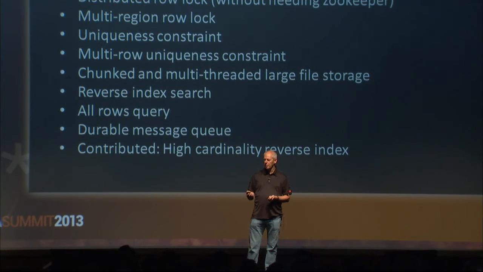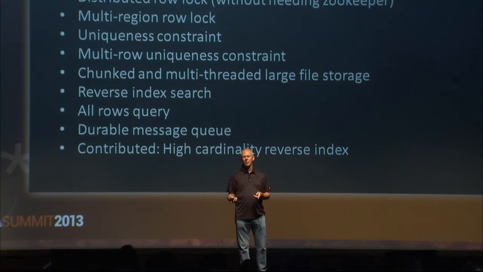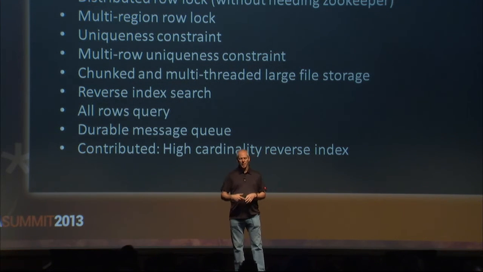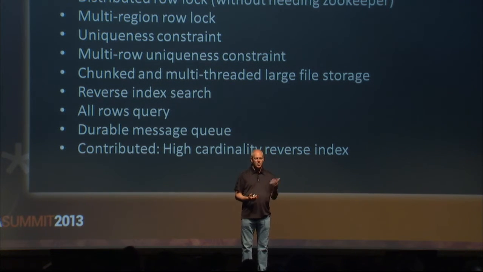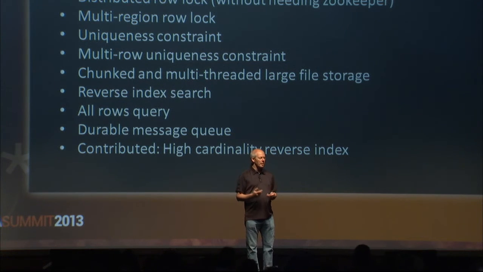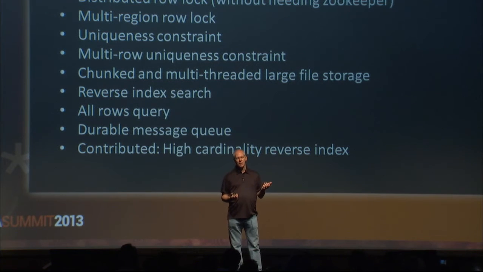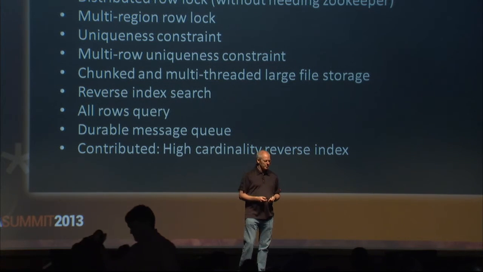Jonathan talked a little bit earlier about durable message queue and the ways not to do it. This is an implementation of the right way to do a durable message queue with the proper range query so that you don't run into the problem of having lots of tombstones in your query. So it's code that implements this correctly so you don't have to think about it. I mean, we use SQS as a message queue for most of our systems, but it has a timeout so the data doesn't last forever. This is a message queue where you can leave stuff in it forever if you want to.